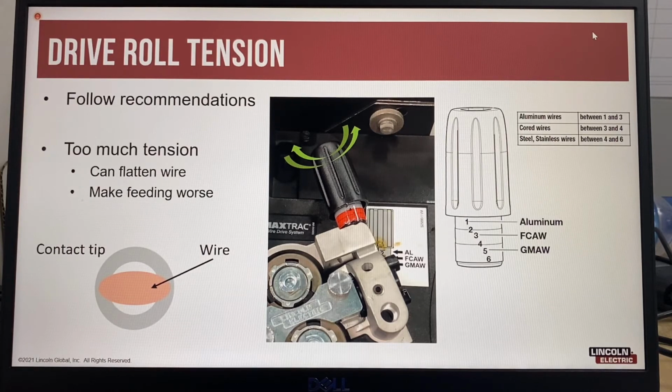If the wire is not feeding smoothly, the items to check are that the welding gun does not have sharp bends, and the contact tip, as contact tips can shrink due to heating and cooling cycles during welding, and this will cause wire feeding problems. Every time you weld, the contact tip will expand, and then when you cool, the contact tip will shrink or contract again,